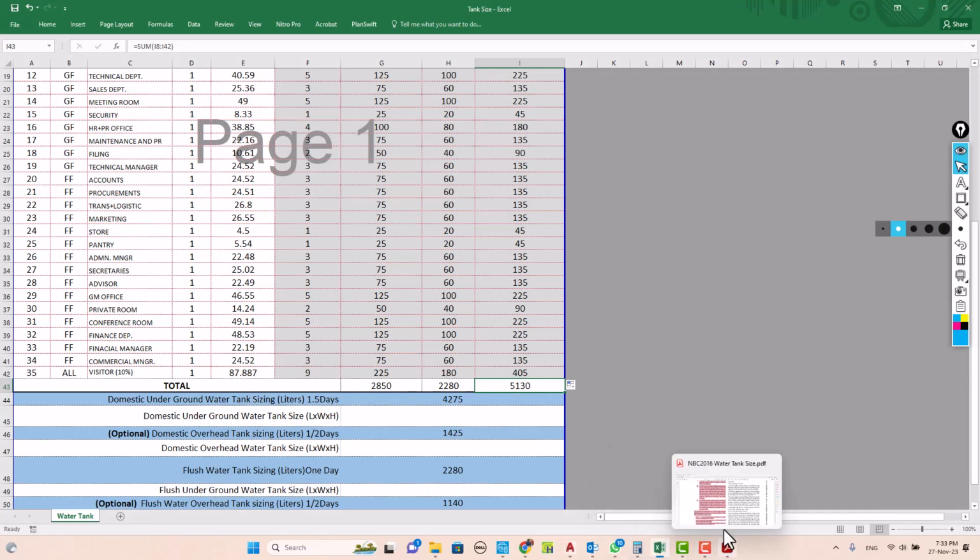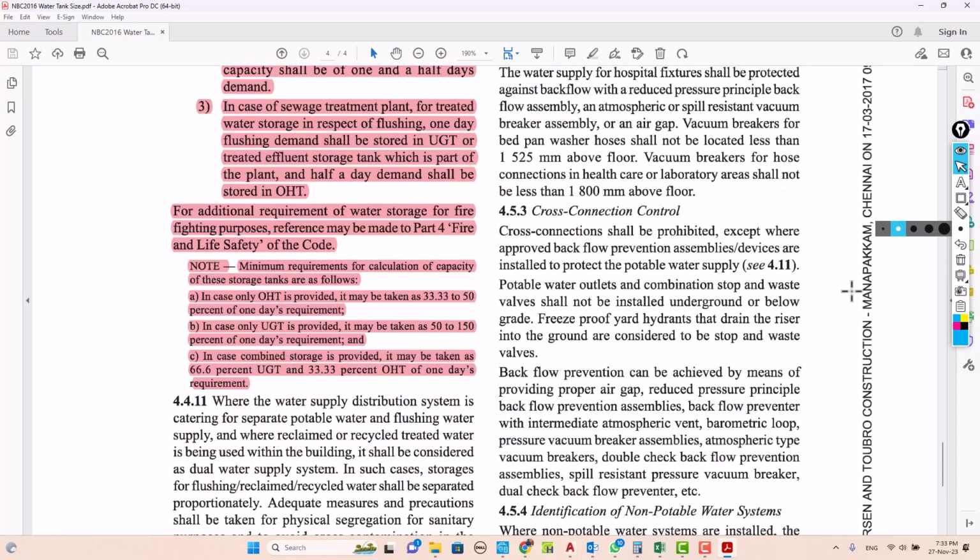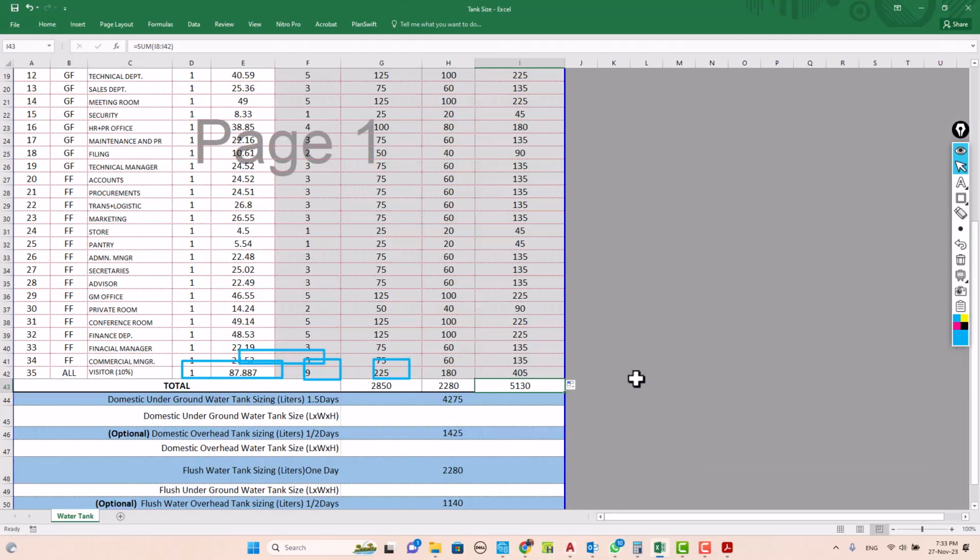Now as per the code here it says, see, in case of combined storage, 66.6% for underground and the remaining 33.3% for overhead, of 1 day's requirement. We calculate like this. So in case of combined, we will take this much and multiply by